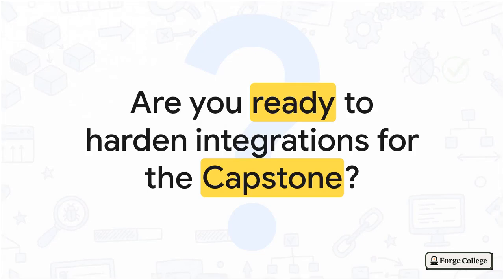Which brings us to our final question for today. Are you ready to harden your integrations for the capstone? You now know exactly how to trap runtime bugs in deterministic time loops and squash them before they drain a liquidity pool. But as DeFi gets more complex, you have to ask yourself, what other hidden gremlins are waiting in the architecture? Take these debug reports into the upcoming capstone module